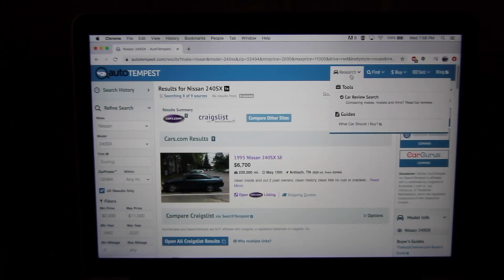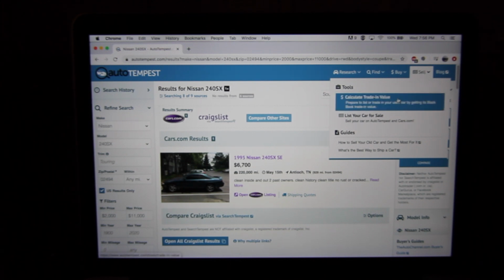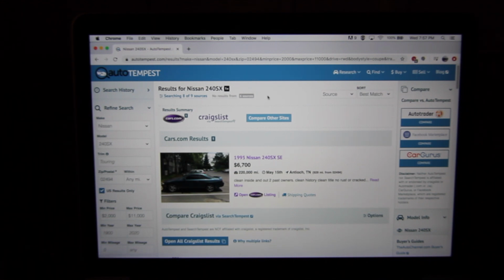And yeah, so that's pretty much the basics of AutoTempest, and these are all other tools you can use, like compare insurance quotes. This is also more of a lead generation tactic advertisers use, so I'm sure AutoTempest is just getting paid for everyone that they send through here, and same with the shipping quotes. You can trade in and see the calculation for how much your trade-in is going to be, but depending on the dealership you bring it to and the condition of your actual vehicle, it might vary. So that's pretty much it for AutoTempest, but one thing or a few things to note